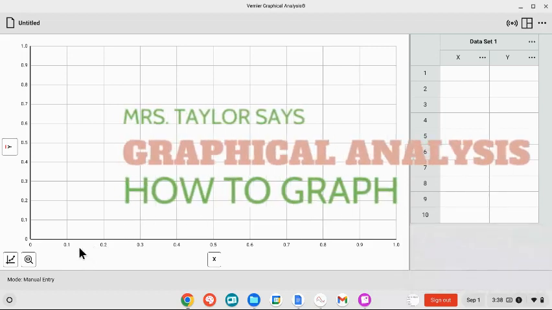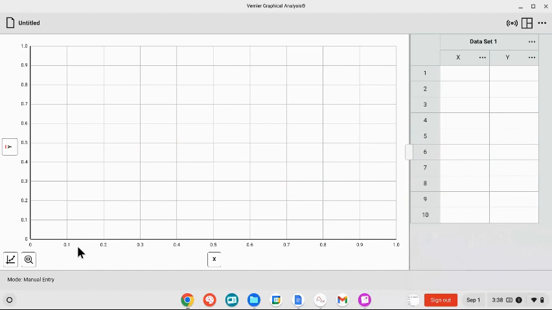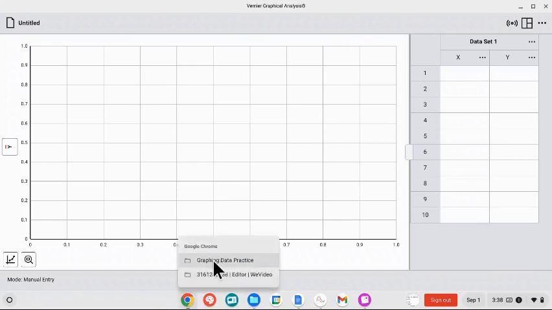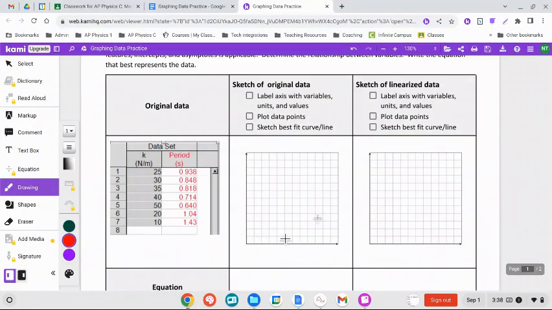This video is going to briefly show you how to graph using Vernier Graphical Analysis. I opened this from my apps menu. We are going to use the sample data that is in this assignment here. We're going to use this sample data to show how to